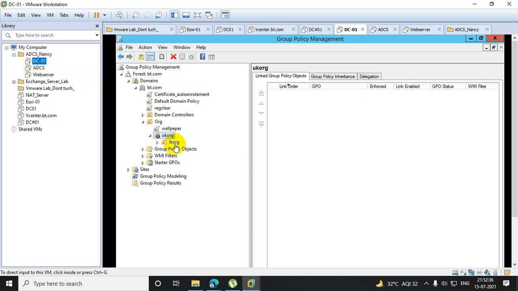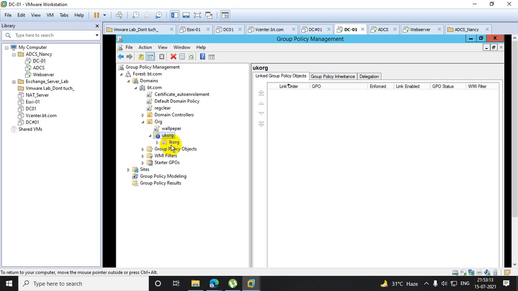Because of this. So what kind of question will the interviewer ask? Let's say you have a three-OU org: UK org and LK org. Now in UK org you have done the block inheritance, so will LK org get any policy? I can tell you that at that time, but I show you just for the hands-on. So guys, you can remember, if you block the policy in the middle OU, the same policy will not be inherited here. Clear? Is that clear?